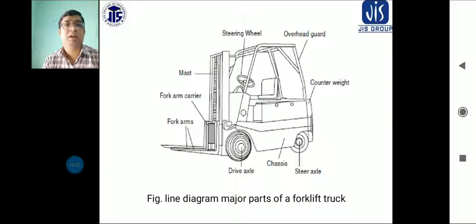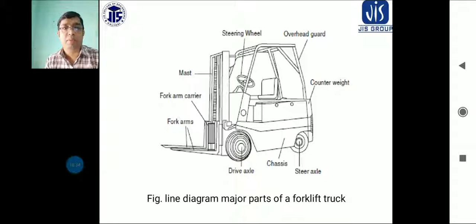And you can see the line diagram of the major parts of the forklift truck. As already discussed, a single mast or multiple masts will be here. The mast is given, and also the fork arm carriers. The fork arms will be considered according to the mast movements, and the forks will be given in the forward direction, and the materials will be